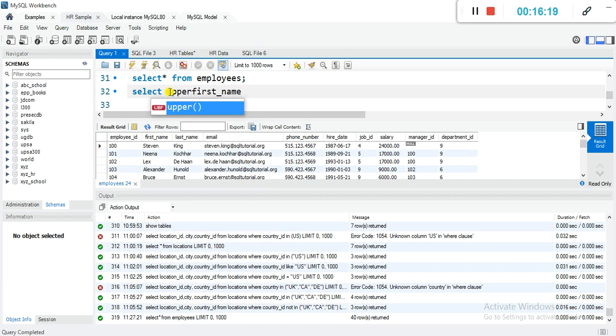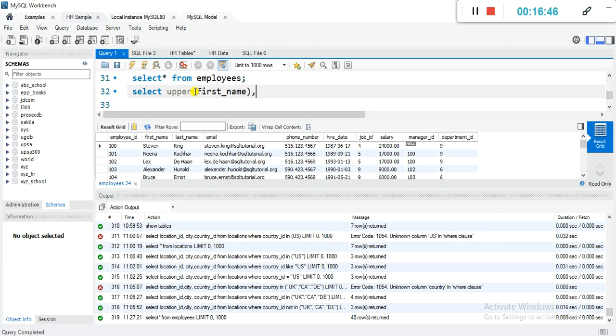Let's cut this. So select upper. You have to put it in brackets. So select upper, then you bring the first name,